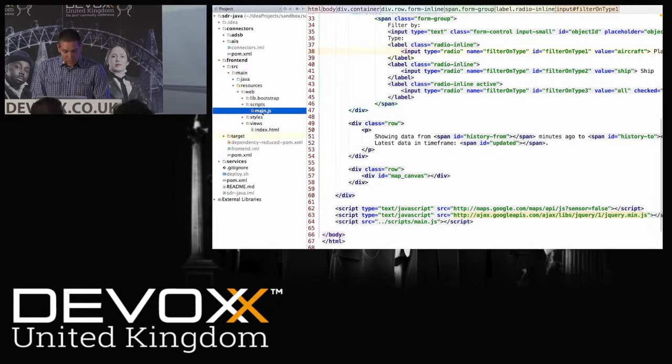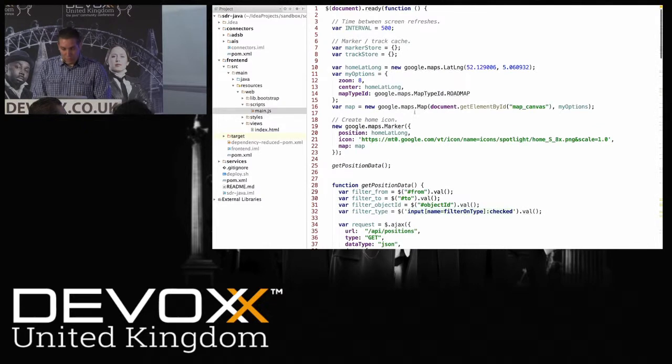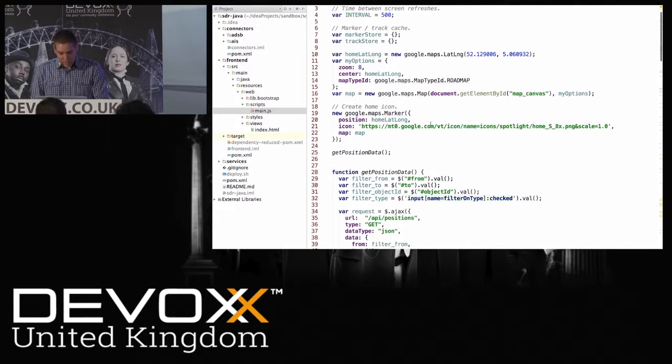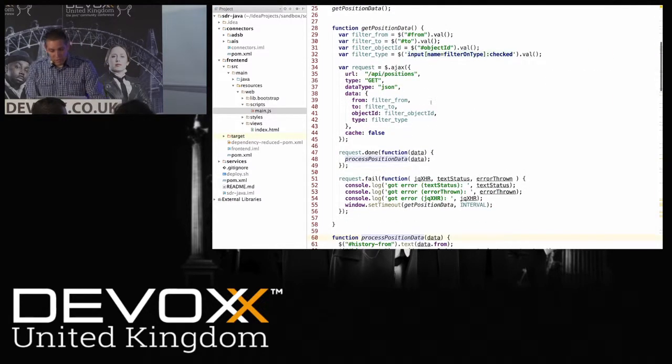And then all the magic is in a vanilla JavaScript file, just using a bit of jQuery. So I'm initializing the map here at the top, and creating a home marker where my home is. If you're ever in the Netherlands, you should really visit Utrecht, since it's a cool place. And then there's a function that performs a basic AJAX call to the backend API to fetch the position data.